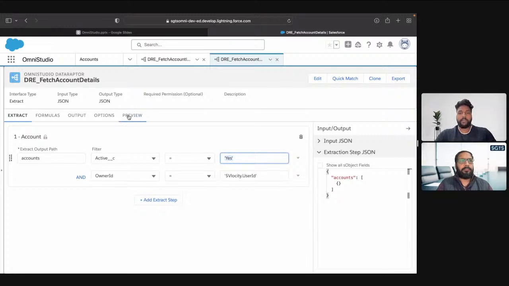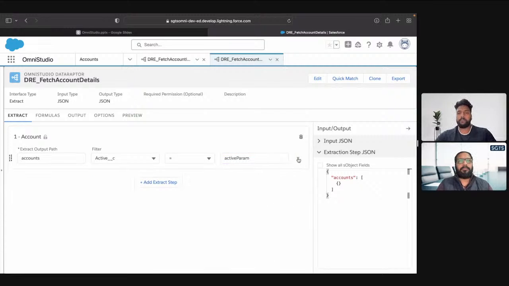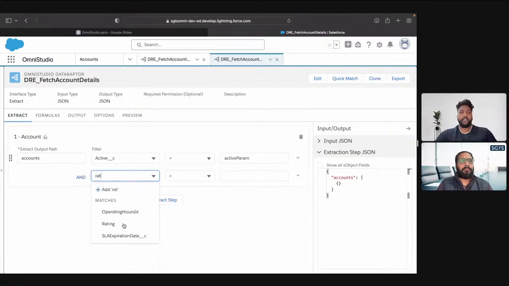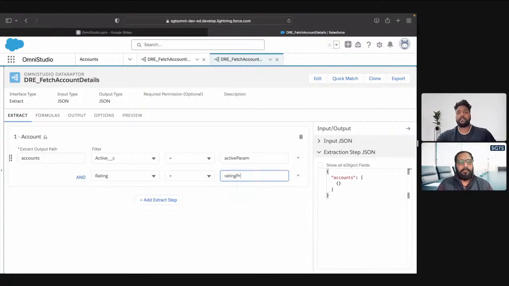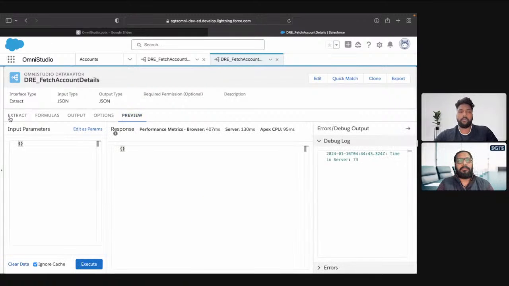So for example, let's say I name it active param, and I'm going to remove this owner ID one because I don't need it in this example. And I'm going to add one more where we say rating is equal to hot, and that should also come from the input parameter. Now if I go to preview and click execute, I'm not going to receive any sort of output. The reason is